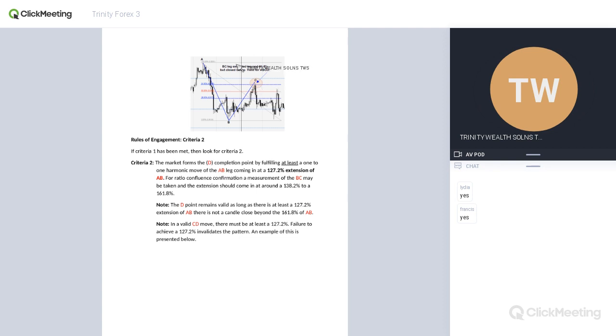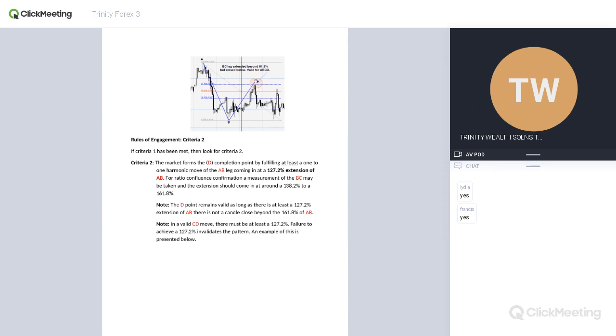So now that's how we generate our leg A, B, C. All right, so now we are waiting for the market. Once the market comes and it returns at 61.8, now that's a valid point C. Now we are waiting for the market to give us the fourth point, that is point D, to complete the